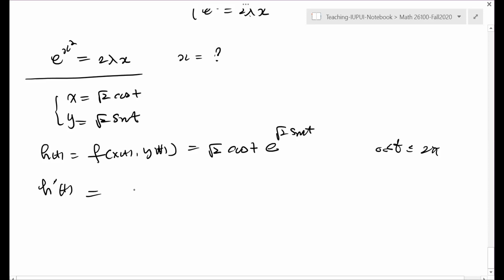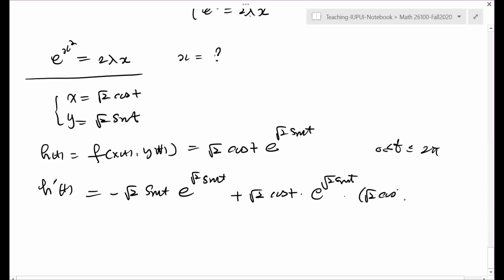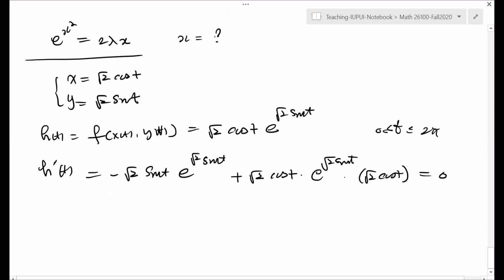When you find the derivative, it's going to be negative square root 2 sine t e to the square root 2 sine t, right? And the plus square root 2 cosine t, and differentiate this. Okay, then you differentiate this as square root 2 cosine t, and that should be 0, okay? Maybe this time it works, okay? So we have,